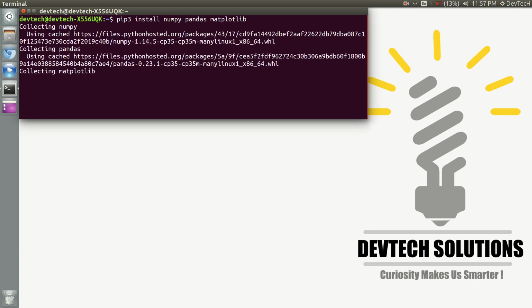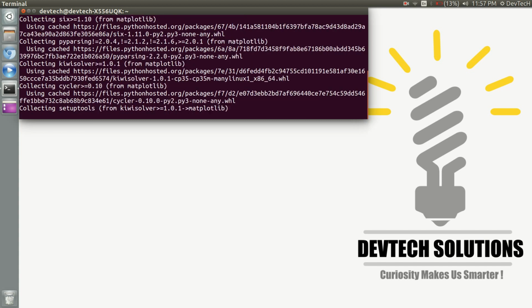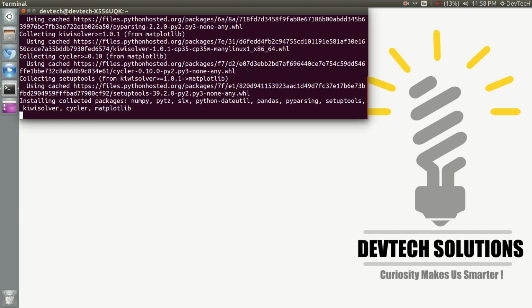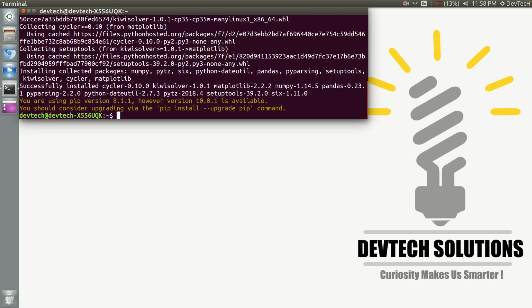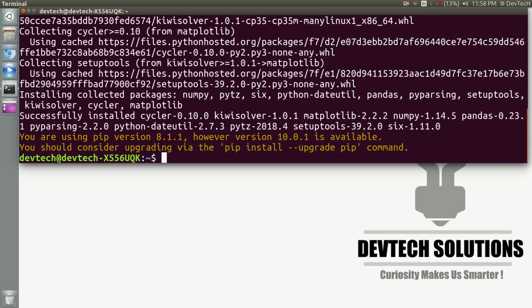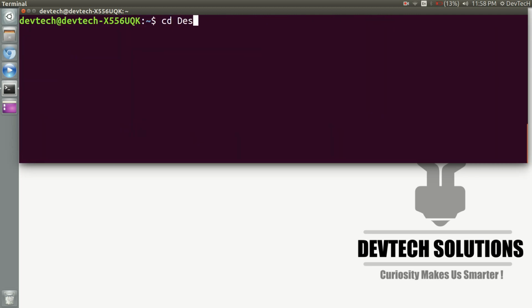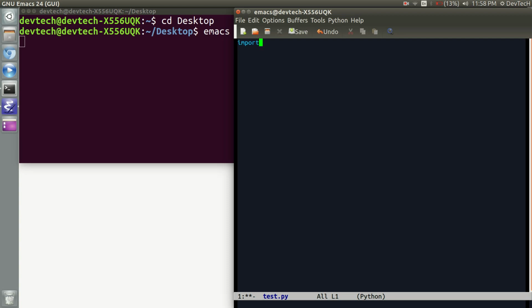So I have already installed these packages, so it won't take that much time. Now I will clear my screen. Then I will navigate to desktop. Over there I'm going to create a file named test.py, in which I'm going to write a single line command,